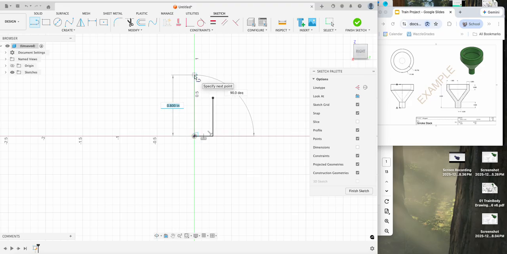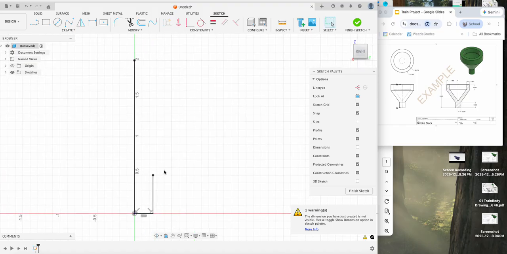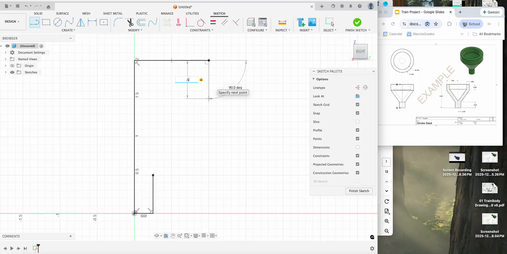So let's go ahead and click on the origin again. We're going to go straight up the height of the stack, which is 2 inches tall. And I'll go ahead and reposition my screen like this. And then we're going to go 1 inch wide. Down 0.5. And then we'll draw a line from here to there. Now that would make it solid if we did this, and we want to have a nice opening that kind of represents an actual